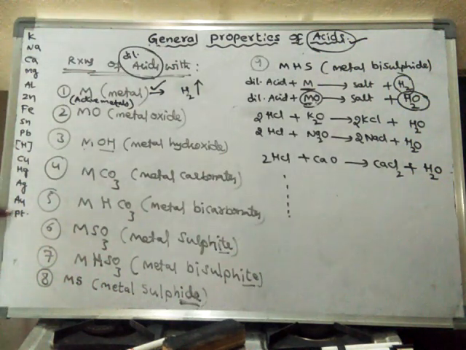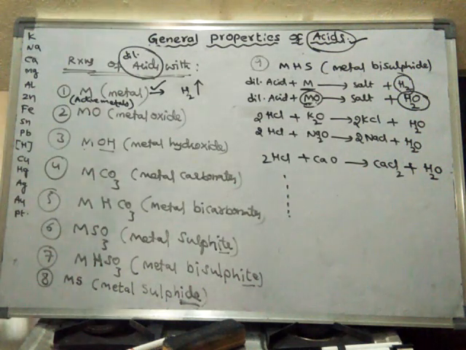So this is a highly reactive metal, this is somewhat less reactive, somewhat still less reactive, and still less. As we move down, the reactivity of the metal decreases. Zinc is less reactive than all these metals. Iron is less reactive than all these metals. Lead is less reactive than all these metals. This is the metal activity series, which we have already seen in our ICSE Part 1, right?